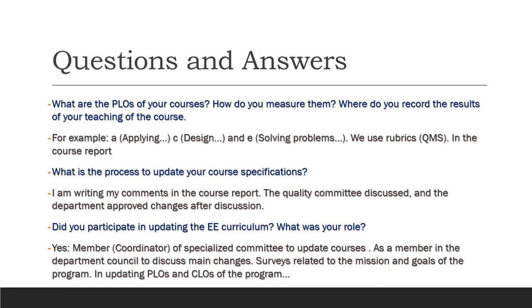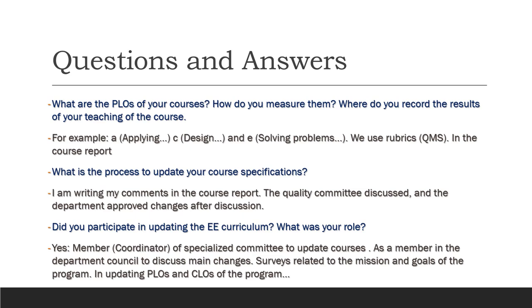What is the process to update your course specifications? To update the course specification, it is not individual work. You cannot answer, I'm updating my course specification every semester by my own self, and I'm updating the teaching strategy and the assessment methods. No, you have to know that updating or developing the course specification is